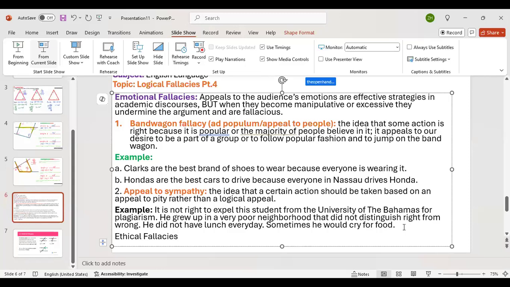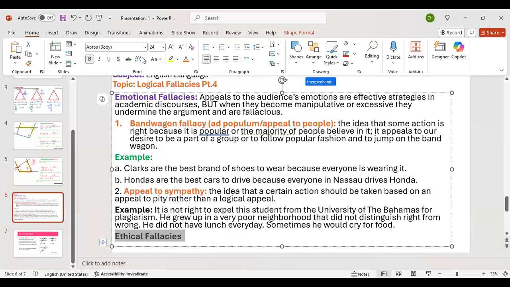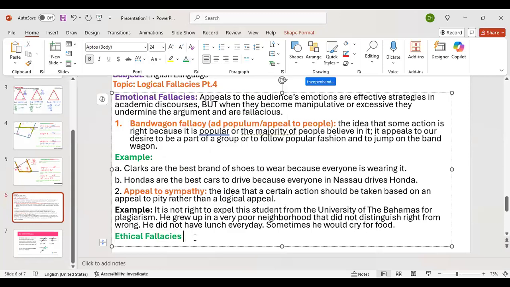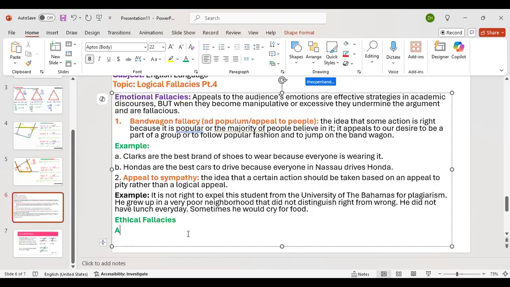All right. Then we have ethical fallacies. I think we could be done with fallacies today. Yeah, we only have 2 more. Yay. Ethical fallacies. Last day of fallacies. Okay, ethical fallacy. The first one is, so the one with bandwagon fallacy, what's another word we use for bandwagon fallacy? Another word.